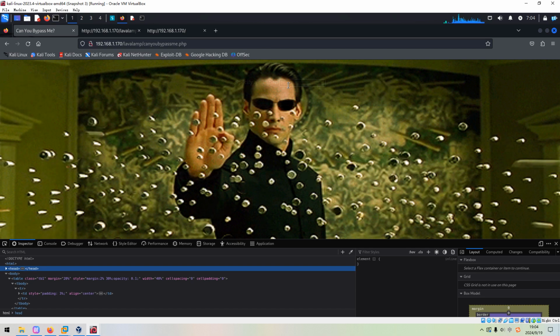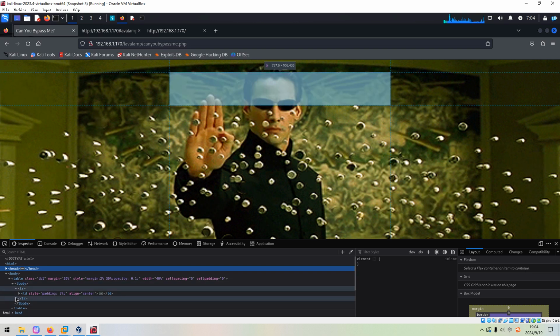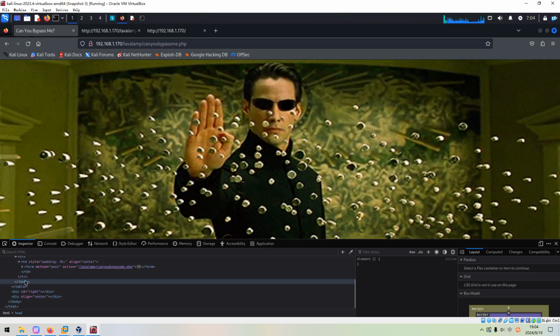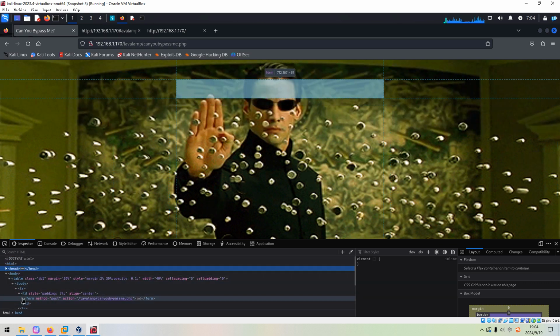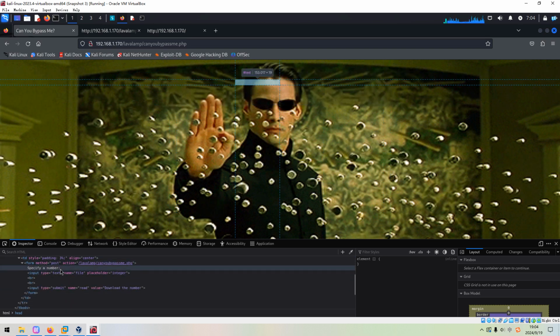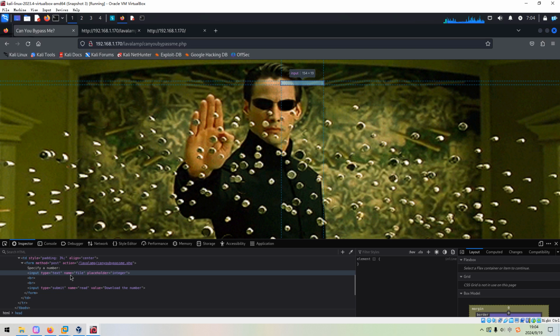It may be very vague, very difficult to see. But here this should be number. We can expand all of the information. So we can specify the number, okay? An integer, the parameter is a file. So the parameter itself can lead us to a reasonable deduction. Maybe this parameter has a local file inclusion vulnerability, okay?